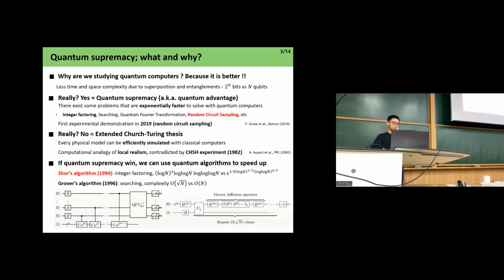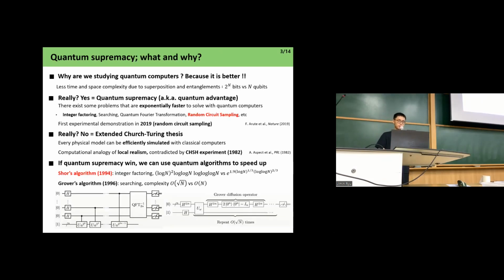There's also Grover's algorithm, which is a searching algorithm, also with time complexity scaling of the square root of n, compared to the classical algorithm with n. So these are the quantum supremacies. Okay, so as I told you, there are many examples of quantum supremacy, but today we're going to talk about